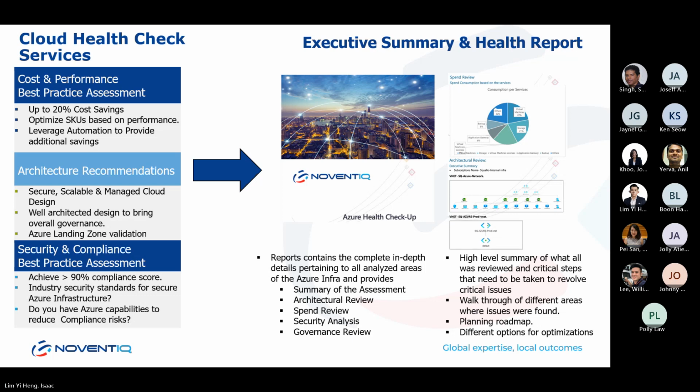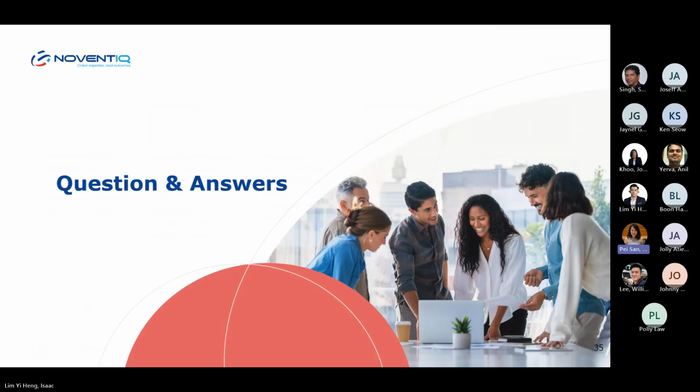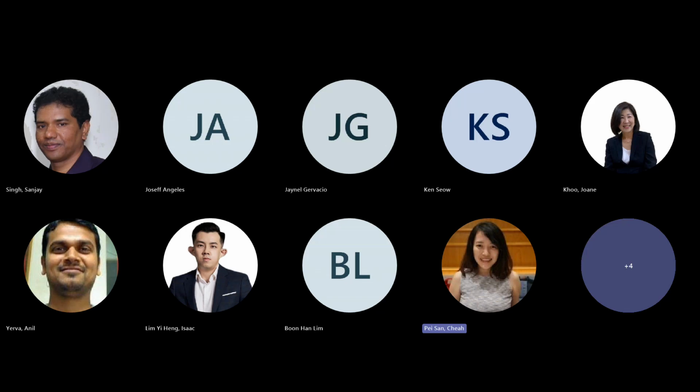Thanks, Isaac. How about the rest? Do you have any questions for Isaac? Yeah, I think we are good for now. If you have any further questions, you can drop an email to me. There's a question popping up from Ken. Or maybe Isaac, share your email address in this group chat, or maybe you can get it from the placeholder. You can also unmute yourself to ask questions. No worries.